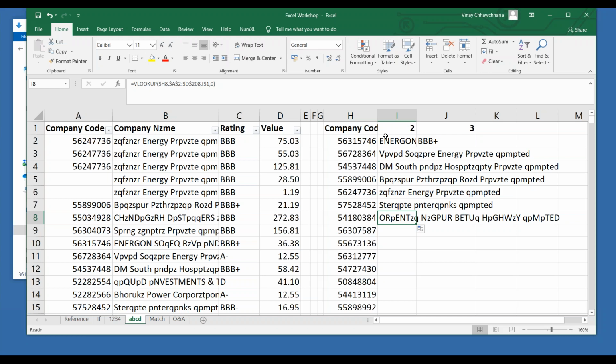Yes, because without changing 2 to 3, how will Excel come to know whether you want the rating there or the name or whatever you want? You have to command Excel that please in this column give me values in column 2, in this column please give me values of column 3. Otherwise, how will Excel come to know that it should be changed from 2 to 3?